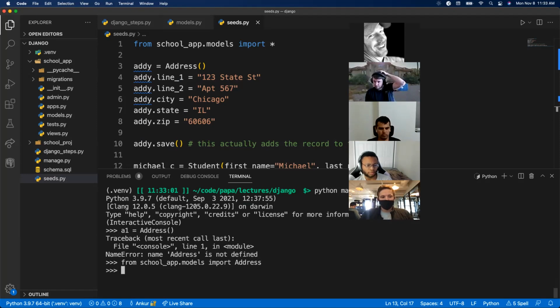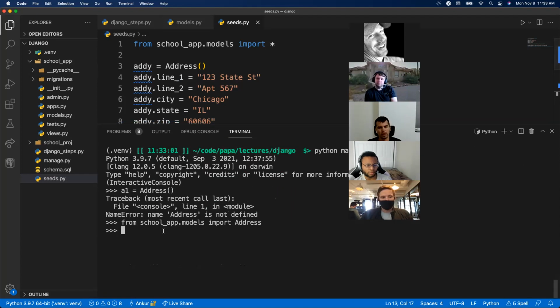All right, so again, we're just writing Python here, but it's just in the command line. So here I could do A1 equals Address. All right, now we have access to A1, so I could do line1 equals 777 Washington Avenue. All right, so again, it is tedious, but that's data entry for you. Address 2, let's just leave that blank. A1